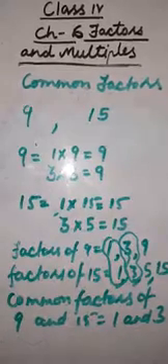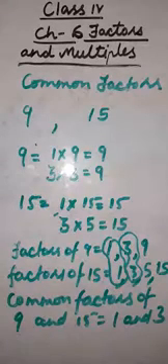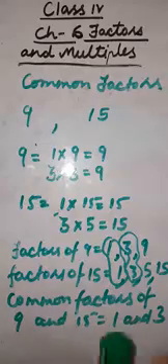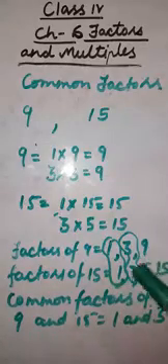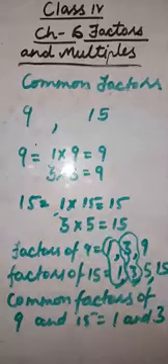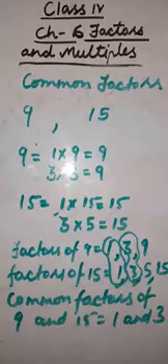It means that in other way we can say that the numbers which are common among the factors of two or more numbers, the numbers which are common, meaning the same, these are known as common factors. Right children? Is it clear to you? Okay. Now, move on to the next topic.